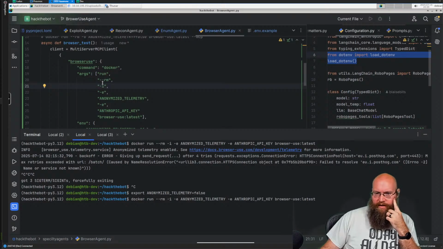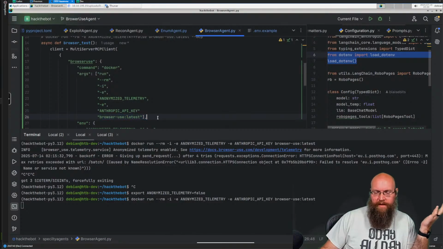Run, tac rm, tac i, tac e environment variable, tac e environment variable, name. That's it.